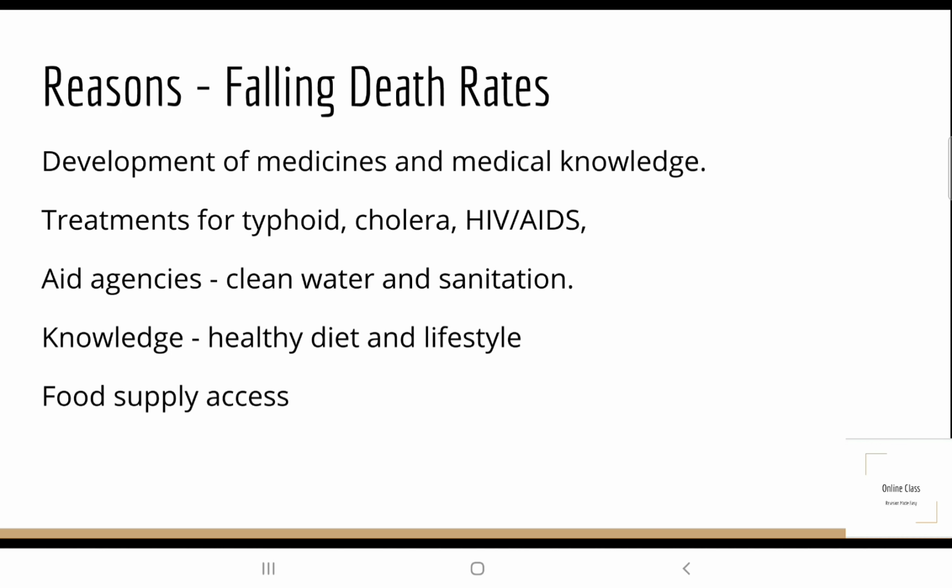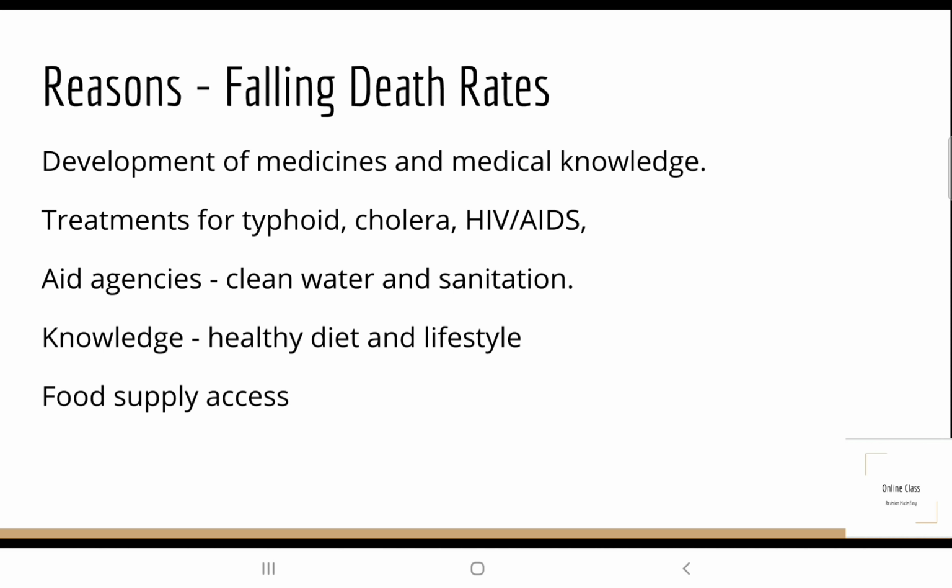There are also treatments for typhoid, cholera, and HIV and AIDS, which reduce death rates. Aid agencies coming into LEDCs to bring clean water and sanitation can have an impact, and so can knowledge. Knowing what constitutes a healthy diet and a healthy lifestyle can make death rates fall,